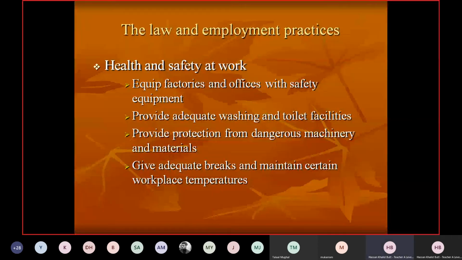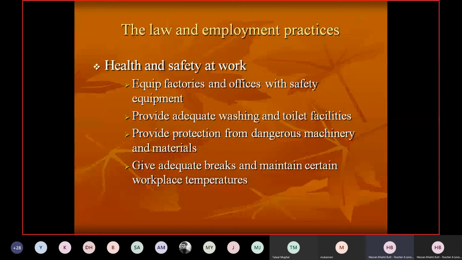Similarly, provide adequate washing and toilet facilities as well. So you need to have separate rooms for that. For example, if in a factory employees deal in dangerous chemicals, they need to take rest. They have to take their lunch as well, and they can put their hands in their eyes or on their face. So they need to have those facilities there so that they keep on washing their hands so that nothing harms the employees.